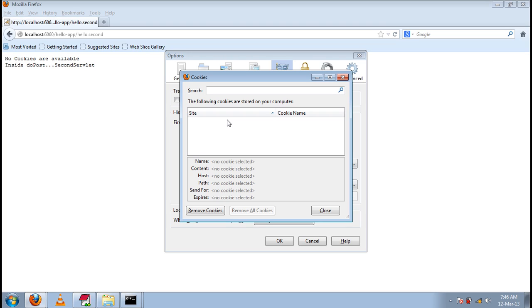So, the cookie management will not be under the control of the server. Cookie management and the cookie information will be in the control of the browser. So, if cookie information is in the control of the browser, the user can delete the cookies from the browser at any time.